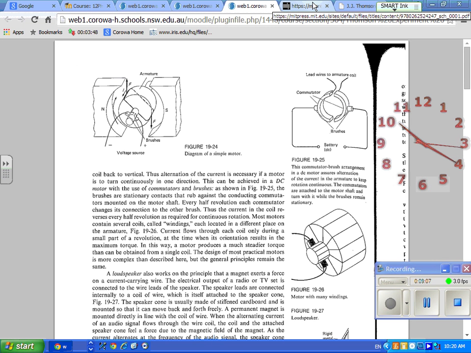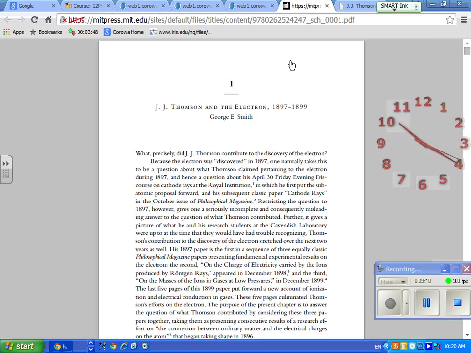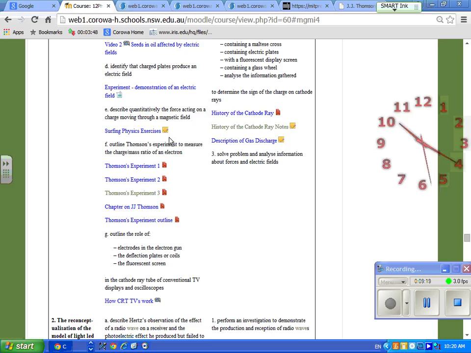Okay, everyone. We're going to focus on what we need to focus on today, which is, if you look at the syllabus, we've gone down to describe the force acting on a charge moving through a magnetic field. We're not having private conversations. So that was F equals QVB sine theta, and those sheets asked you to do that. I'll make sure for the next lesson you get the answer page for that so you can do them. The next thing we need to move on to is outline Thomson's experiment,